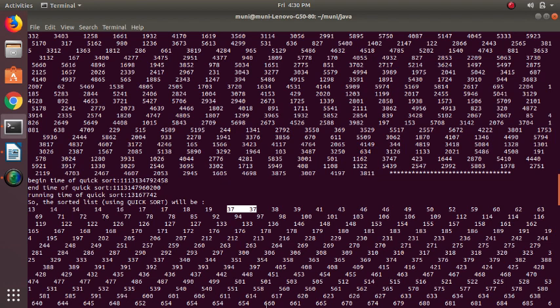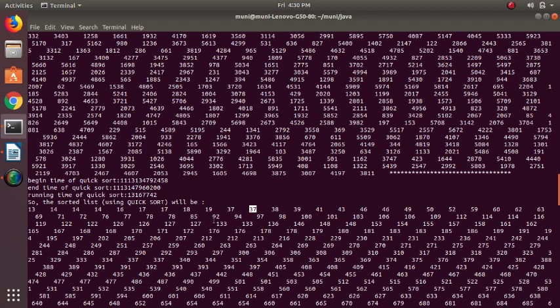The sorted elements in the set will be in non-decreasing order. That means the elements may be repeated, but you will not get a decreased value. Say suppose you have 37, after this you will not find 36 itself.